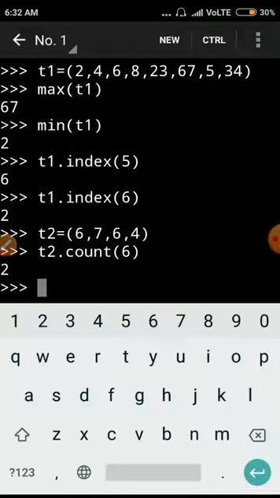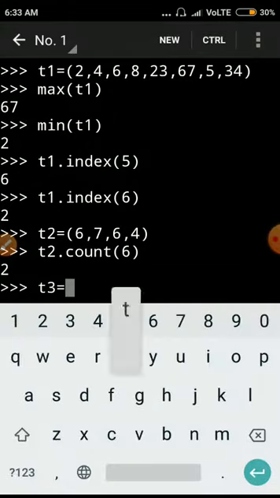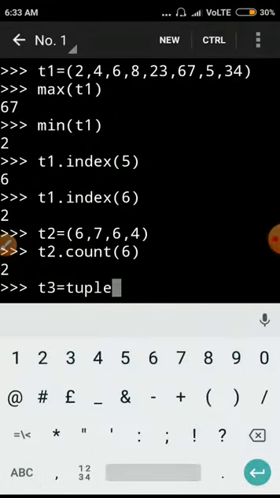Then the tuple function. If we want to take a string and change it into a tuple, for that we use the tuple function. I take one new tuple, t3, created from this, equal to tuple, and here we write the string name.